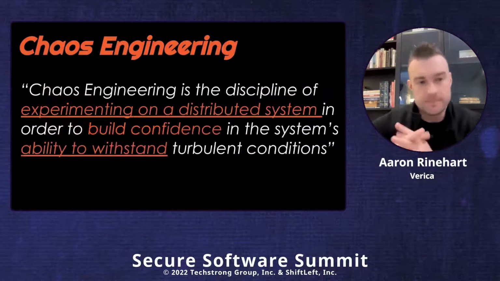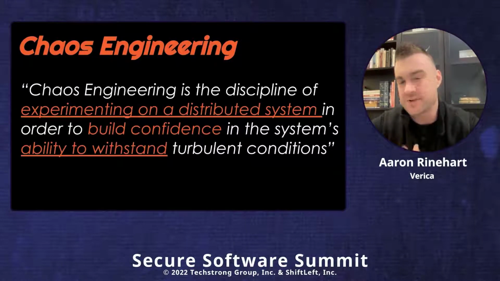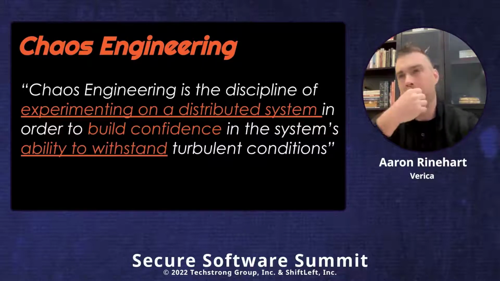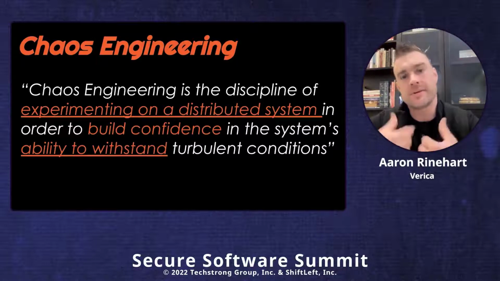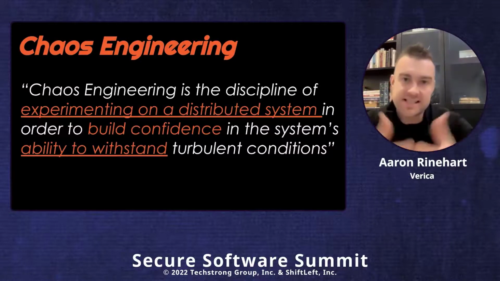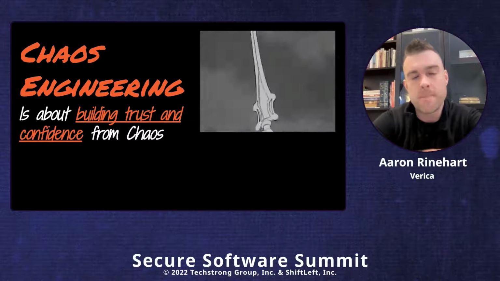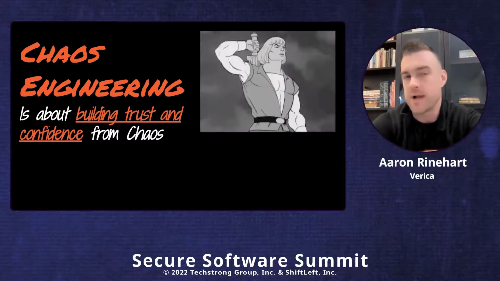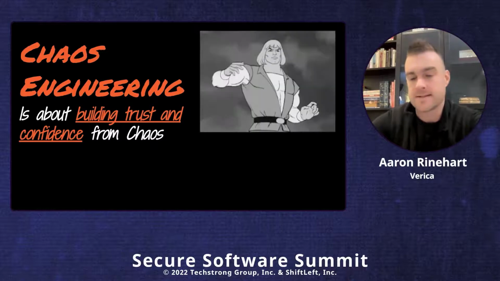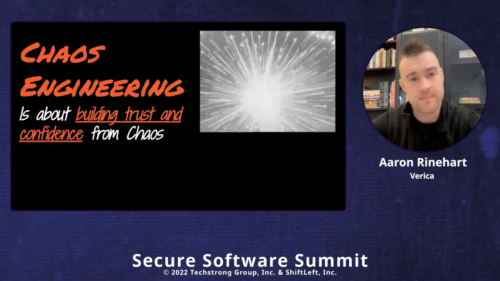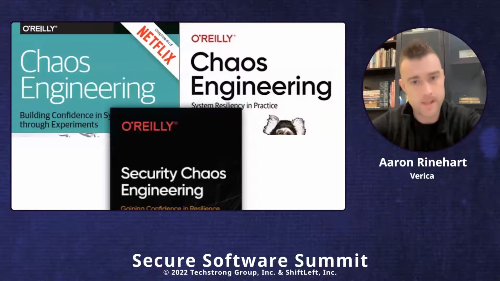Chaos engineering. So a Netflix definition of chaos engineering is: chaos engineering is a discipline of experimentation on distributed systems in order to build confidence. That's key, build confidence in the system's ability to withstand turbulent conditions. Or another way of saying it, it's the idea or practice of proactively introducing turbulent conditions into the system to try to determine the conditions by which the system will fail before it actually fails. For chaos engineering, it's really about building trust and confidence. So we're not creating chaos. Systems are already chaotic. We're trying to establish order. And that order helps us build our confidence and the trust in what we're doing.